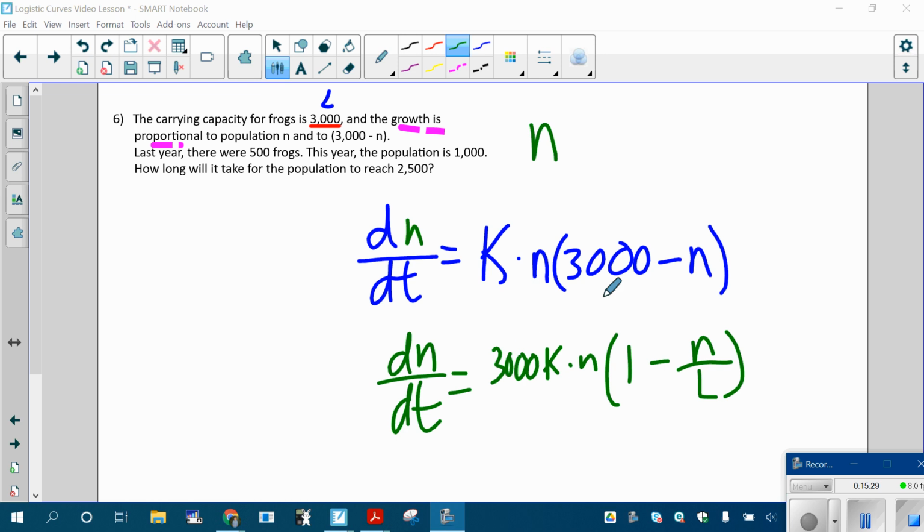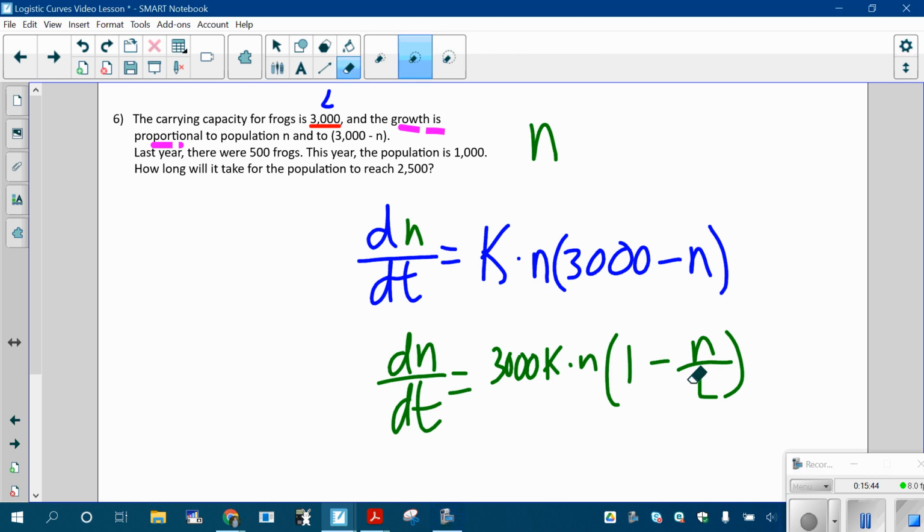What I'm doing here is I'm making sure that I have a constant of 1 here while I'm GCFing out 3000. So I'm going to get this model. Okay? And then this is 3000 times k. Sorry, why did I put an L there? That should be a 3000. I have a 3000 times k here. I can just call this k. That's totally fine. It's just a constant. 3000 times a constant is just a constant. Okay? Just change what the constant is. I can call it k prime here, and now it's k.